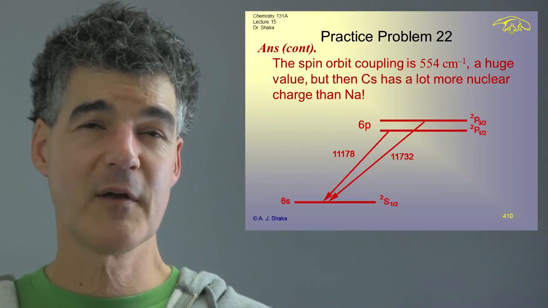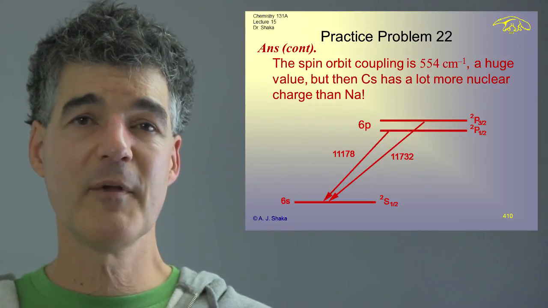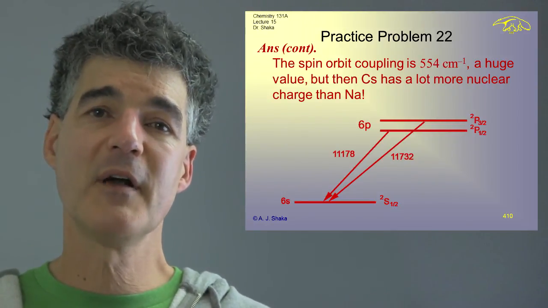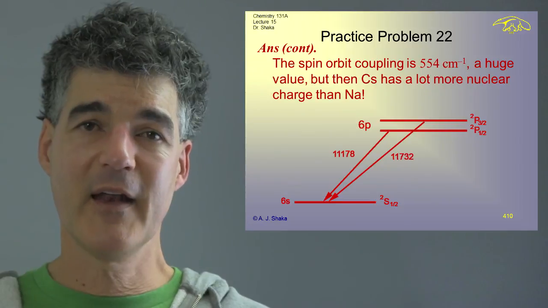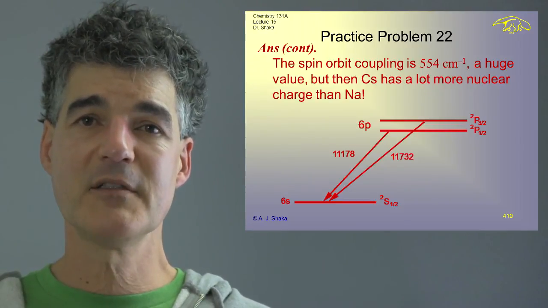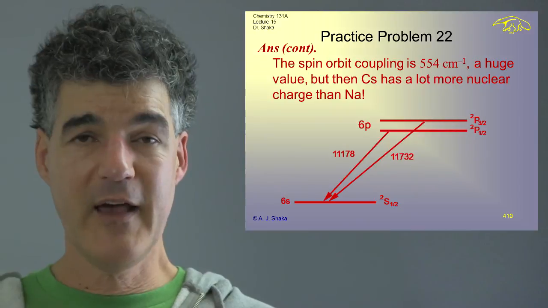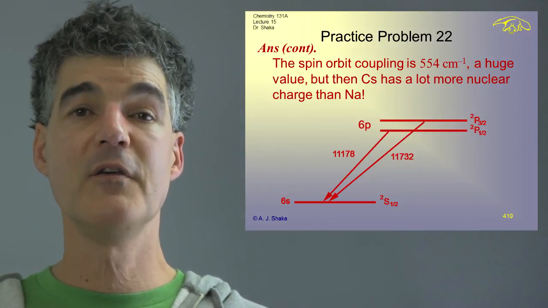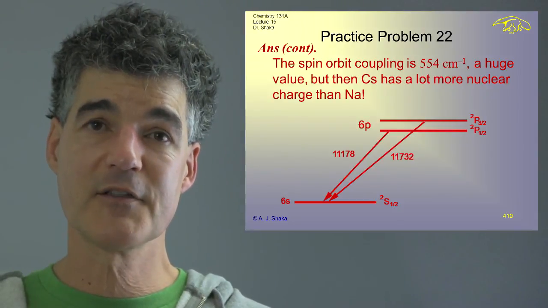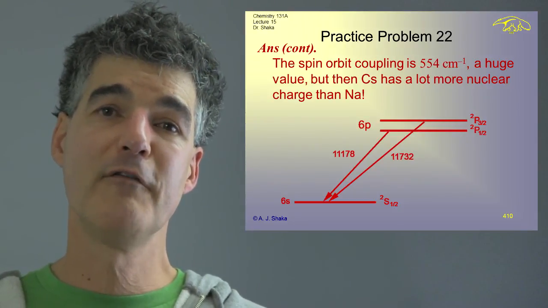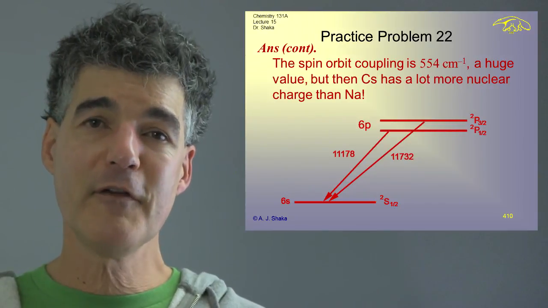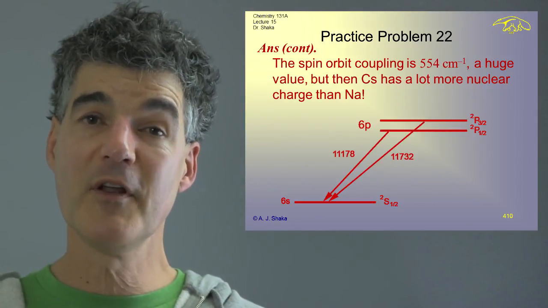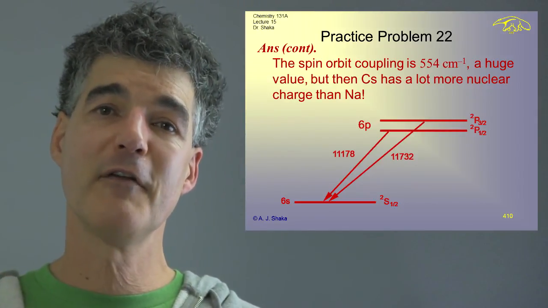I think you can understand where the groups of 2 are going to be coming from. And then how can we figure out what these random collection of lines that we get in wave numbers actually means in terms of the energy level. So we have to have some way to kind of sort them. And what we're going to use to sort them, as you'll see in the next lecture, is this value of 554. 554 is going to be our flashlight in the dark. We're going to keep looking for things that differ by 554.